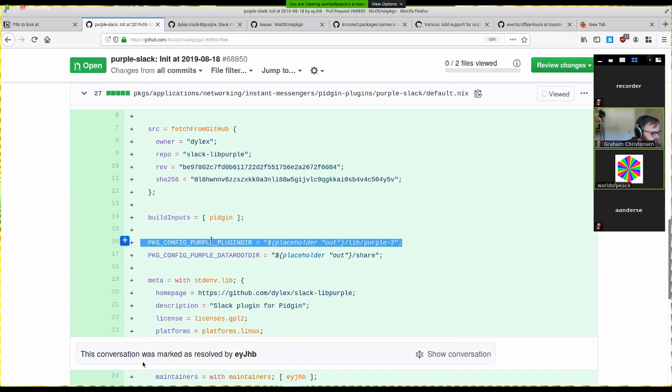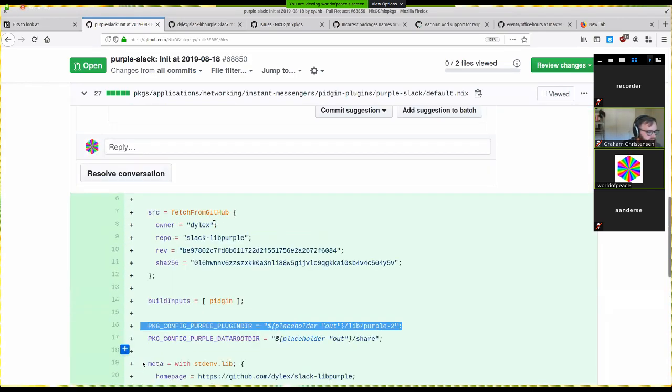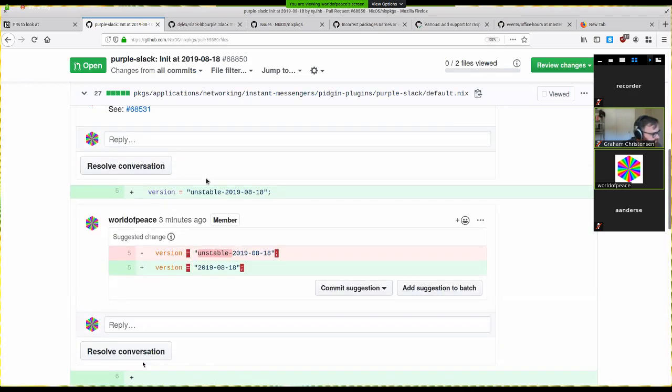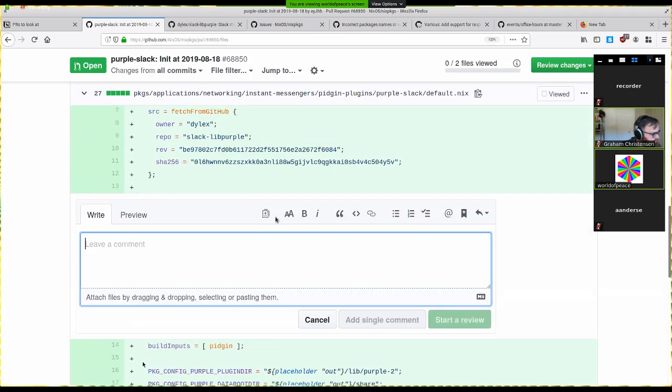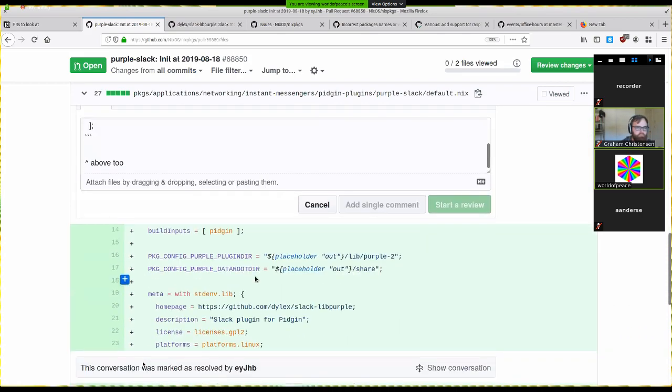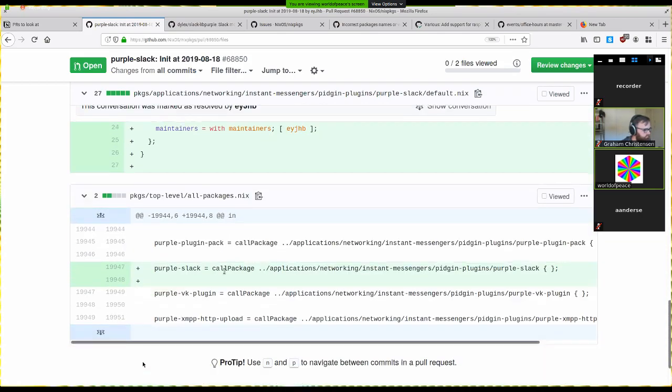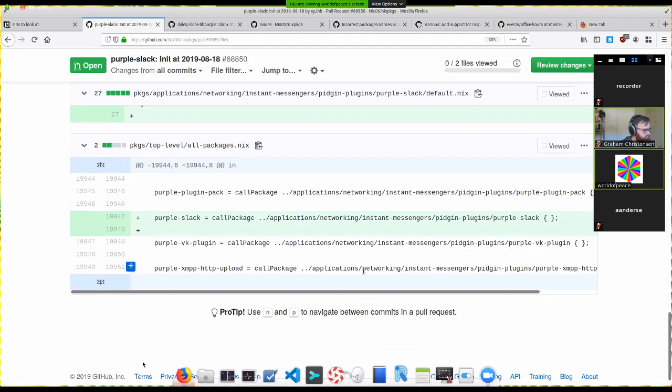No, don't pick up dependencies transitively ever. It definitely needs pkg-config. I'm pretty sure it does, so it would need to be put in properly. So I'll suggest that change. Other than that, I'm going to build it.